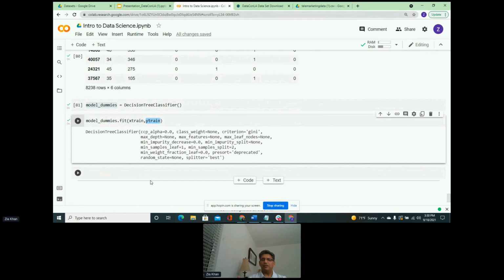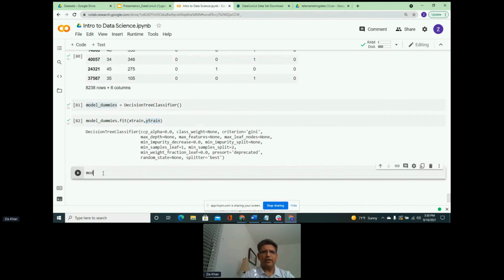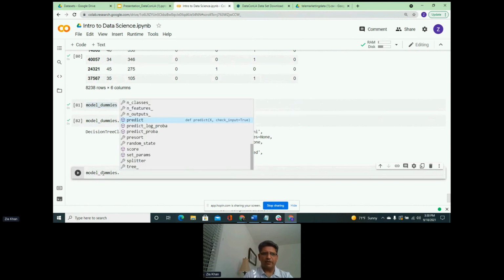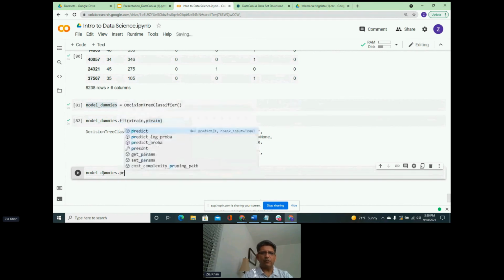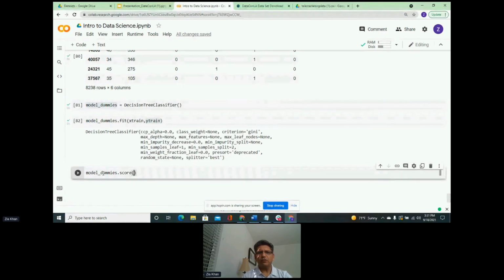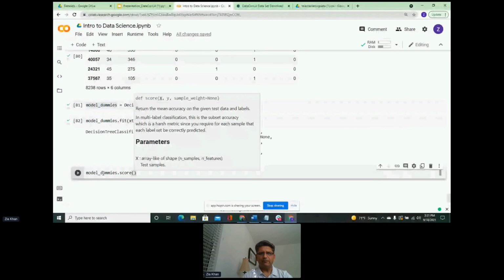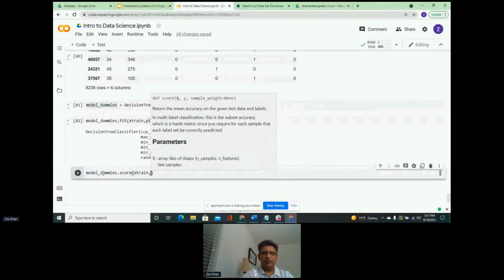What did we do once we had trained the algorithm earlier? We took that algorithm and we tried to see what the training accuracy of the algorithm was, and then we tested it on the testing accuracy. So let's first find out the training accuracy. model dummies is our model, which is trained on our data and the decision tree classifier algorithm. And we are going to do, sorry, not predict, we are going to do score. Using the score, we are going to pass it X train and Y train.